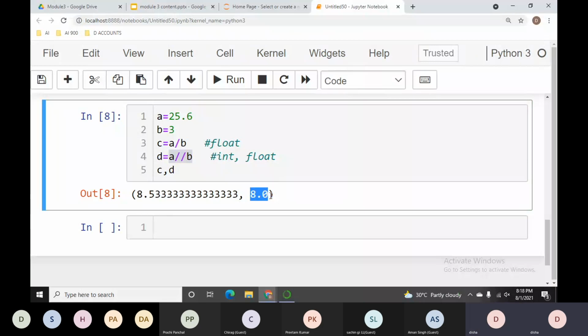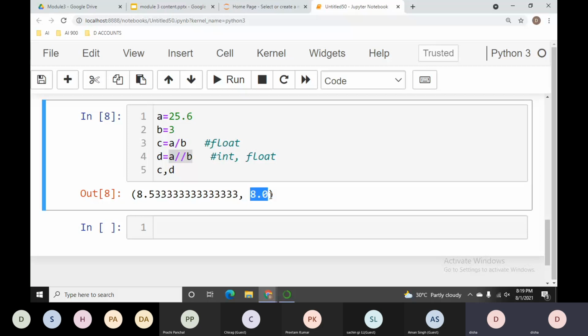Why? Because the float division operator will give you the result in float when one operand is a float, but it will not give the remaining digits after the decimal. It will just give the zero after the decimal. That's all. So we will get the float value when one operand or both operands are float.